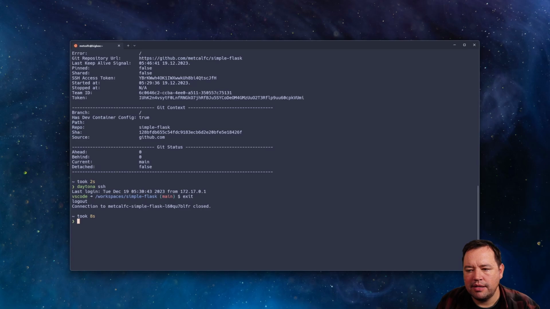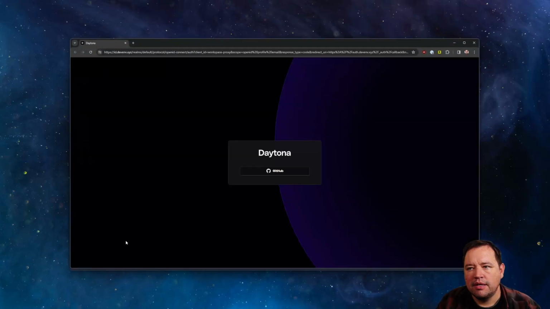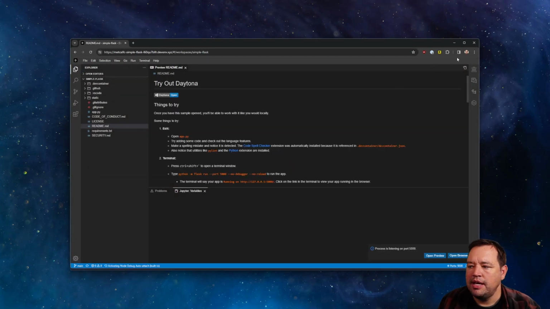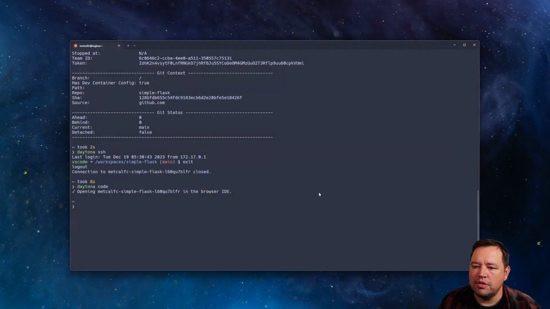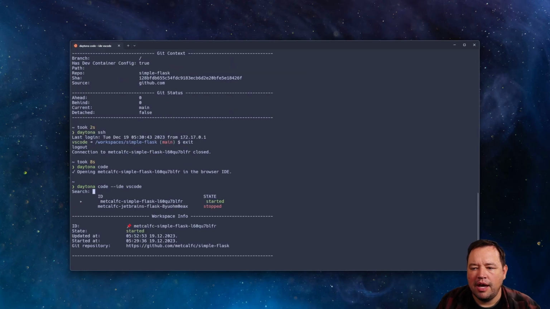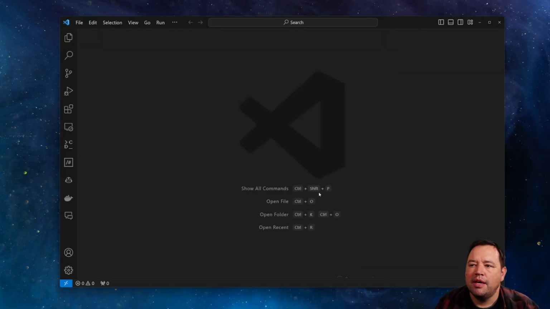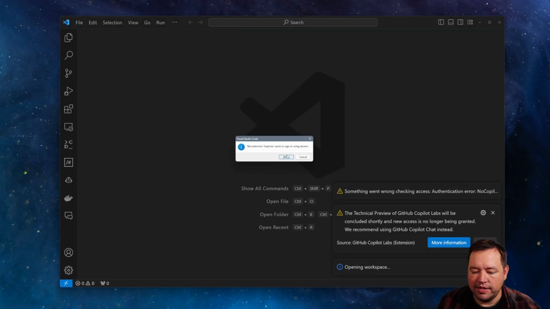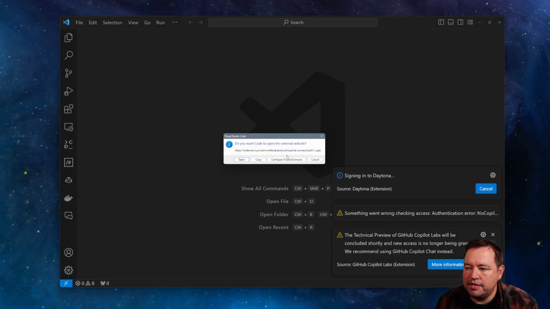If I want, I can use code just by itself, and I'm going to open a web browser for this instance. And we're going to log in, and we are inside of the web browser IDE. If you would rather use a local browser, we can do code and do IDE VS Code, and we will open it locally. And this one will take a moment, and it will also give us about 1 billion different